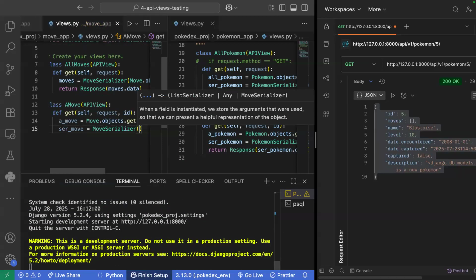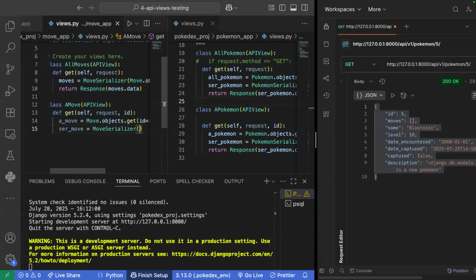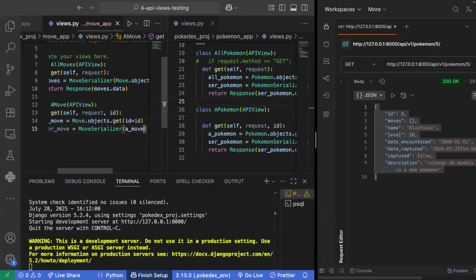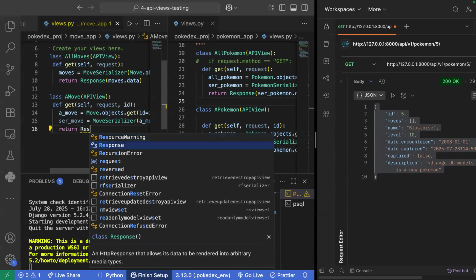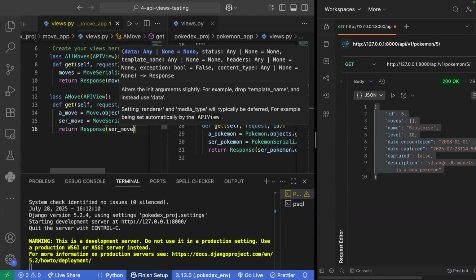And then a_move is going to be inside there. Right. Excellent. Return Response(ser_move). Then